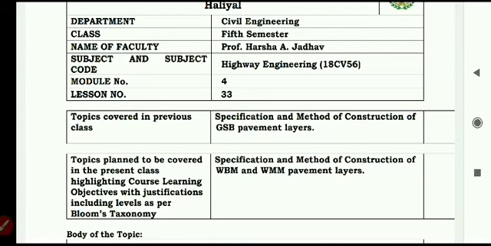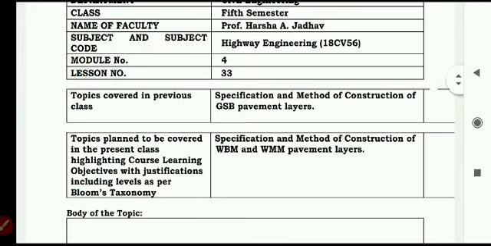So these materials are available throughout the length and breadth of the nation and even throughout the world. But the properties of these materials differ from area to area. For example, if you consider aggregate, aggregate is available in the southern part of India, and even in the northern part of India, even in the east, west and also the center. Everywhere it is available, and even throughout the world this aggregate is available.